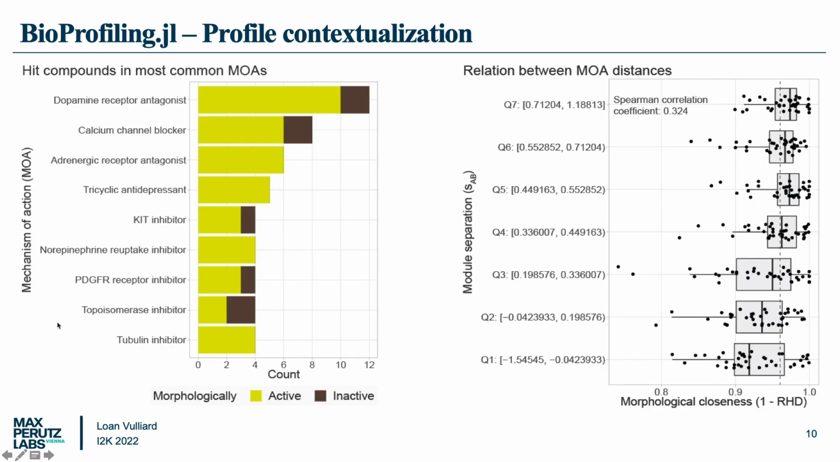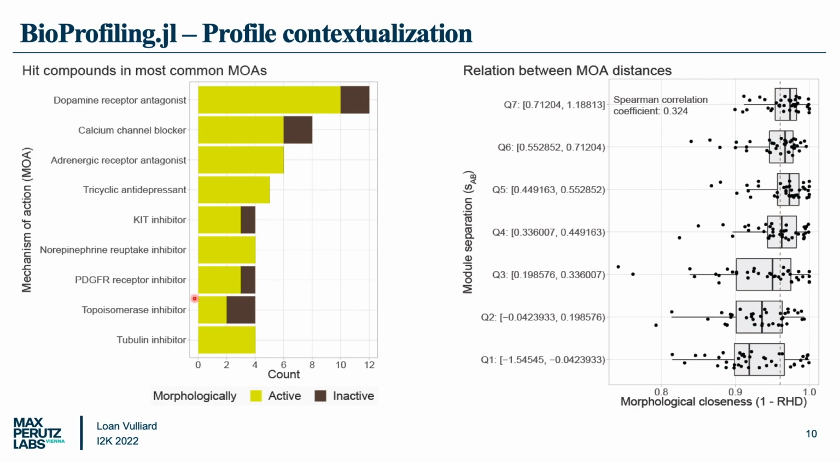Then we can look at what these morphological hits are, and for instance, we can see that all the tubulin inhibitors that were present in our screen, as they are affecting the cytoskeleton directly, were found to be morphologically active. And on the other hand, some other drugs, such as topoisomerase inhibitors, didn't consistently change the morphology